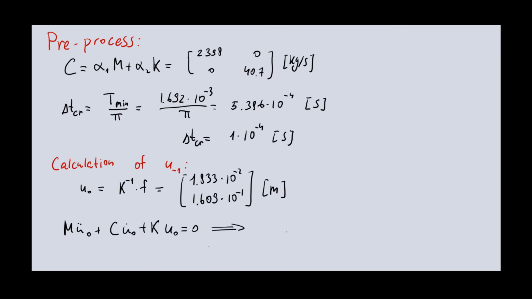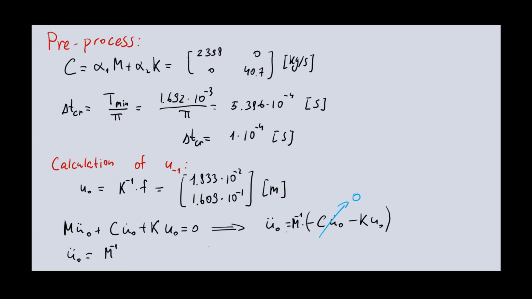And the acceleration can be then written as u double dot 0 equal to minus C u dot 0 and we multiply it times the inverse of mass matrix M. u dot 0 is equal to 0, so this term is equal to 0, and our acceleration will be